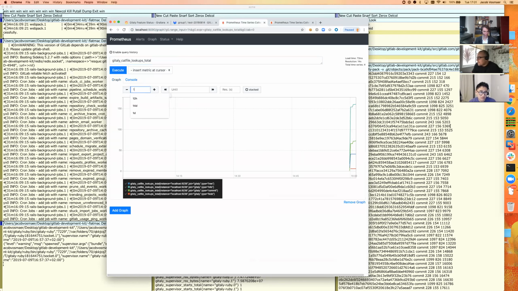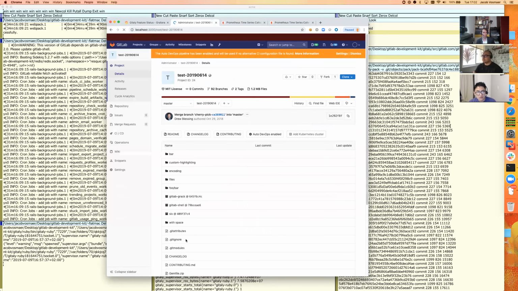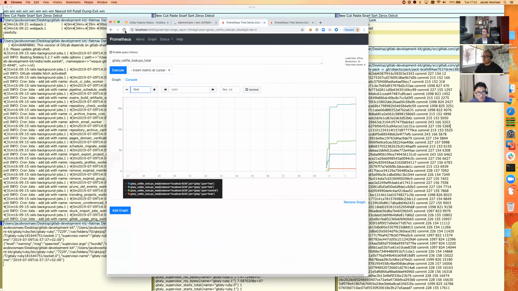Let's make this shorter. Let's say 15 minutes. And let's click some more. Let's click another project. File. That's still loading. And these numbers are going up already. And they should go up